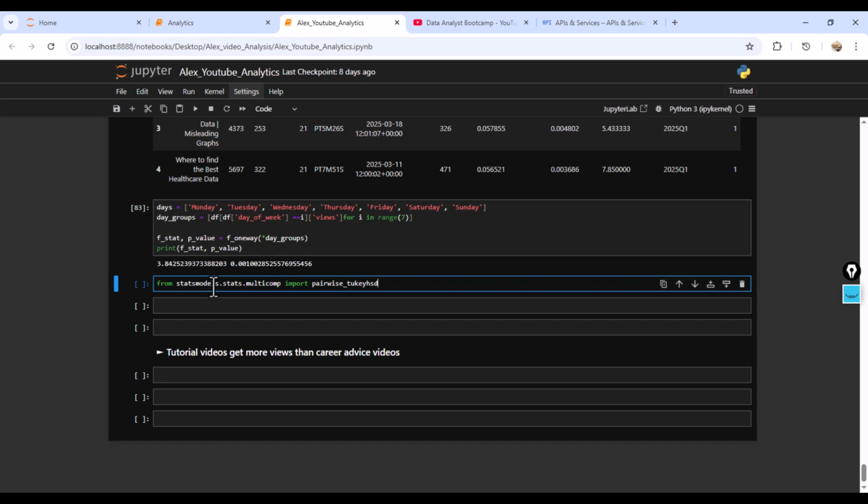Shift enter. All right, so let's say if our p value is less than 0.05,